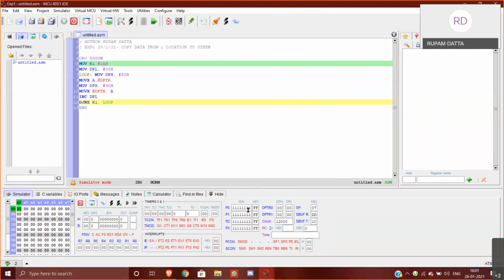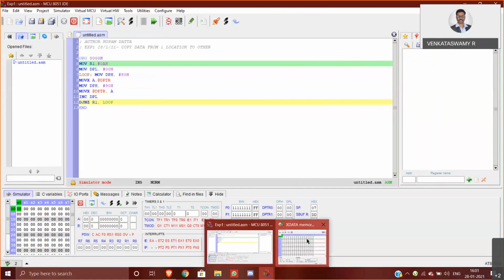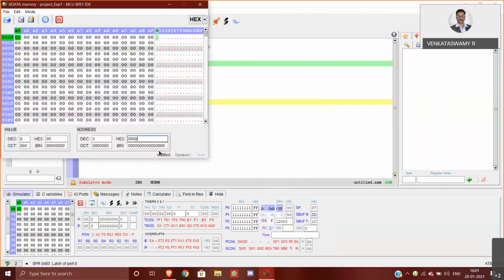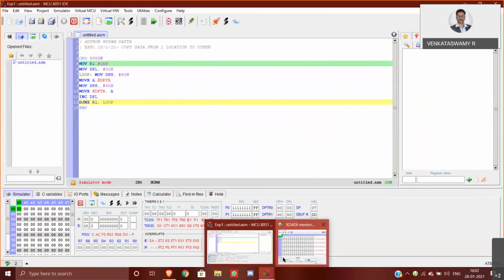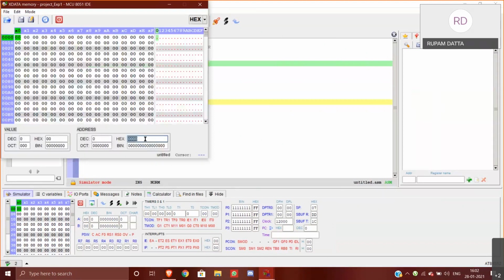This is my code, sir. Yeah, code is fine. Go to your memory and run it. Memory space, just showcase 8,000 and 9,000. You have not run this program. Yes, sir, it's in simulation mode. Okay, showcase that 8,000 memory location. Yes, sir.